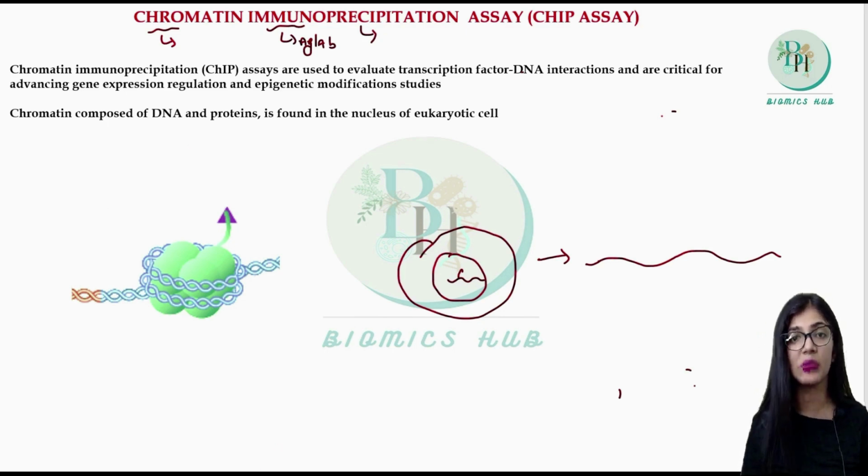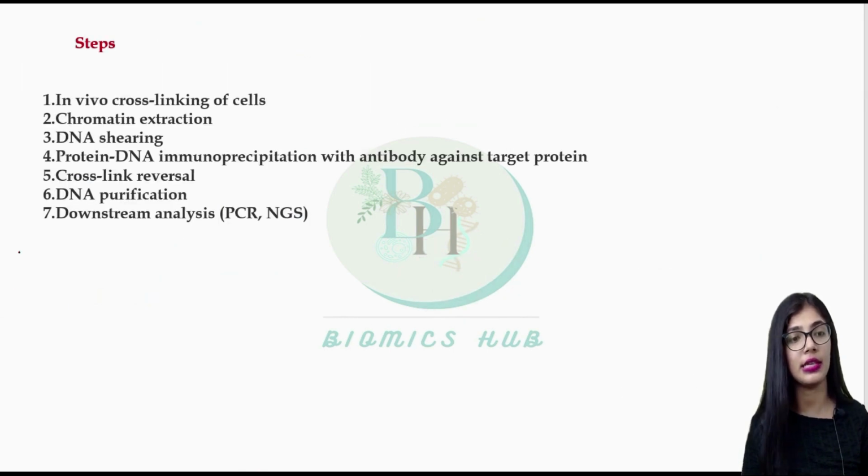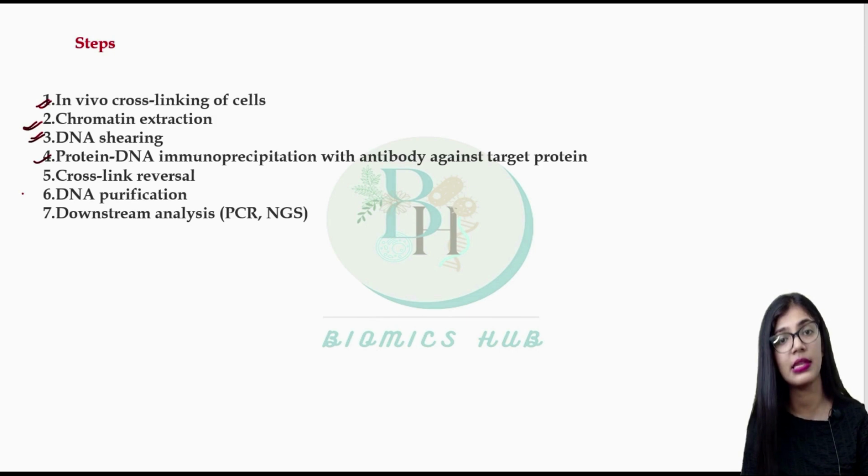So there are various steps to perform this kind of assay. Let us see. The first step here is in vitro cross-linking of the cell. Second step is chromatin extraction. Third step is DNA shearing. Fourth is DNA-protein immunoprecipitation by the involvement of an antibody against the target protein. That means whatever protein we have got, we know what kind of protein it is. Against that, we can design an antibody and we can perform the precipitation technique. The fifth step is cross-linking reversal. Sixth is DNA purification, and seventh is the downstream analysis by using PCR or NGS, that is next generation